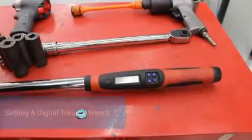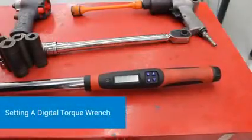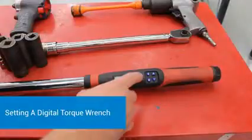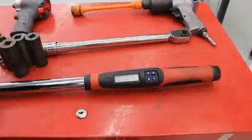So I want to take a minute to talk about our torque wrench here. I'm going to take some up-close shots so you can see how these work a little bit better. On the torque wrench, right here is the power button, and I'm going to zoom in on this so you guys can see it really well. So you hit the power button,